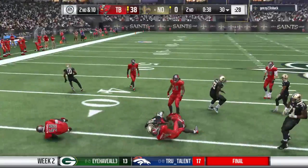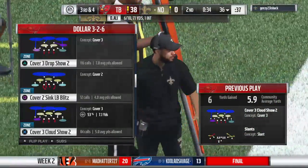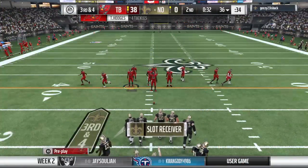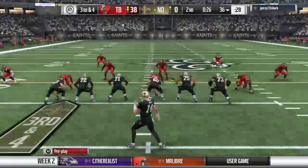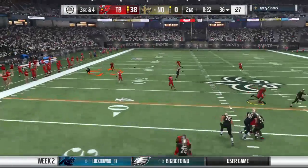He throws and he hits the slant route to Thomas. 6 yards is the pickup, and that'll lead to a 3rd down. That was a nicely run slant route, and what the receiver's trying to do is make the defender think he's going upfield for a deeper route, and then breaks it off, usually after about 3 to 4 steps, and cuts towards the middle of the field. And now what he's trying to do is use his body to...